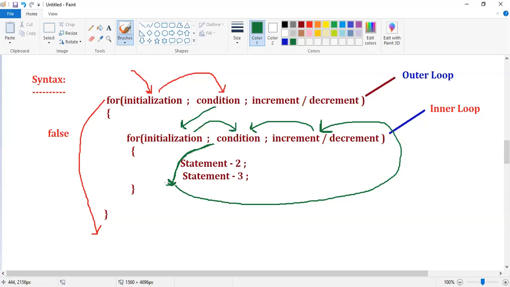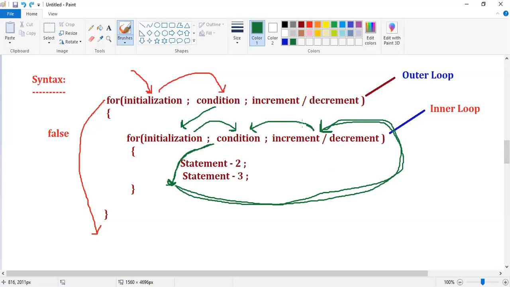After executing statements, once again control goes back to where? Your increment decrement. From increment decrement, control will come to where? Your condition.